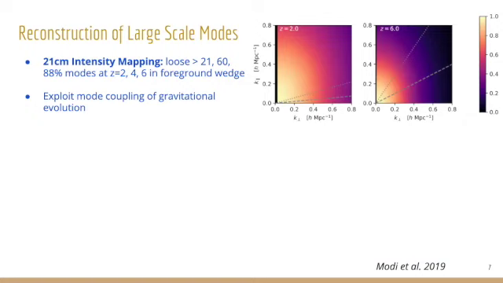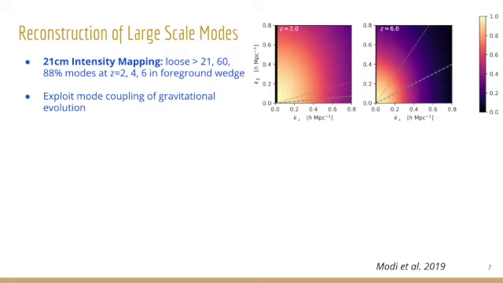The other thing that you can do with forward model reconstruction is essentially reconstructing large scale modes. This is the slide that Marcel also showed today morning. The challenge here is for 21 centimeter intensity mapping surveys, you have very bright foregrounds. You have orders of magnitude bright foregrounds. And what that ends up doing is create a foreground wedge.